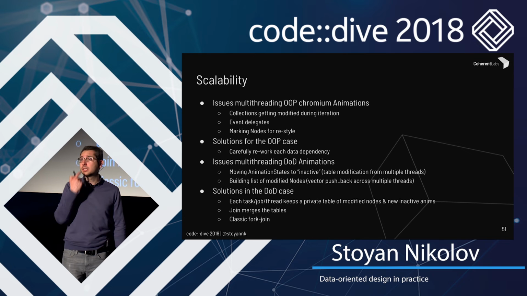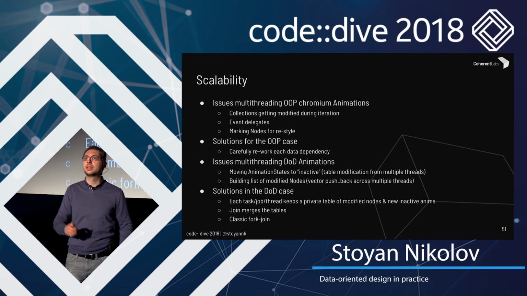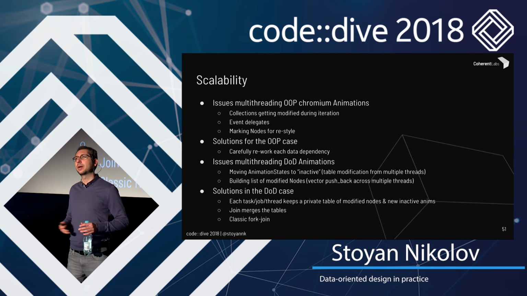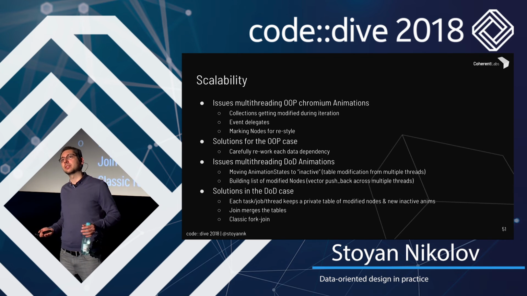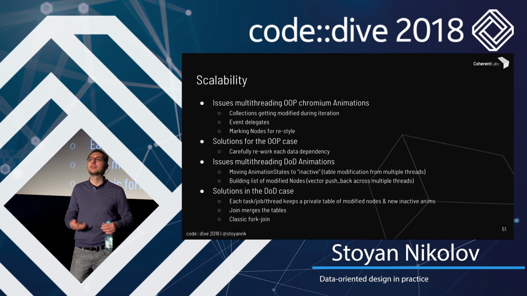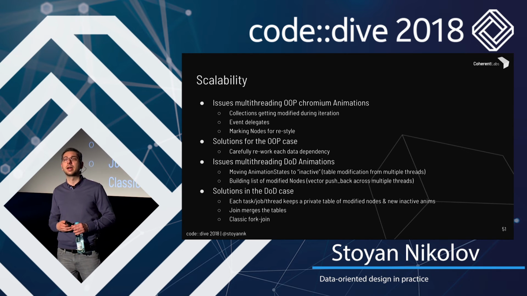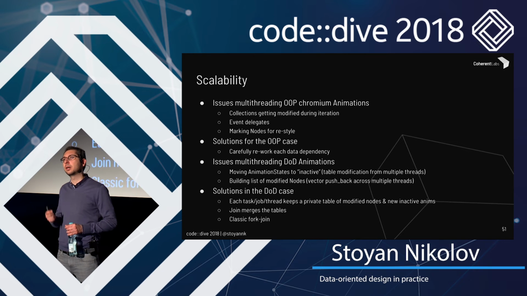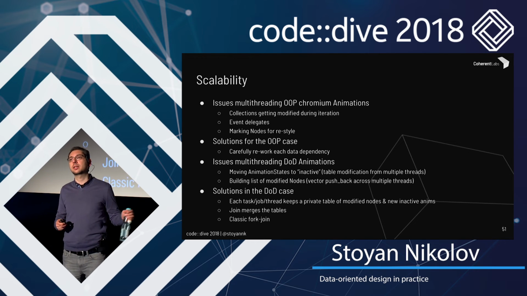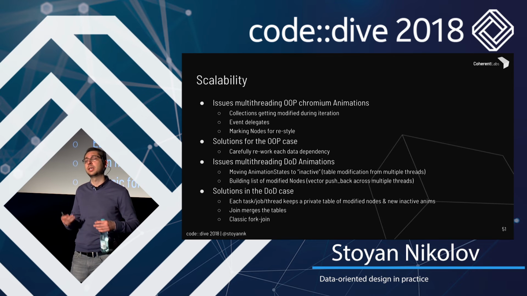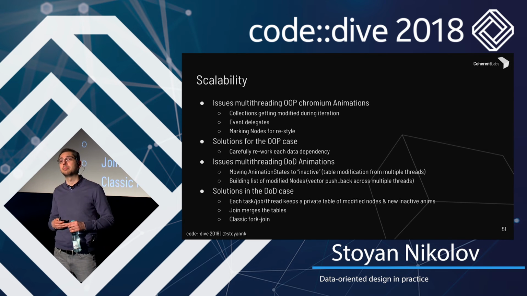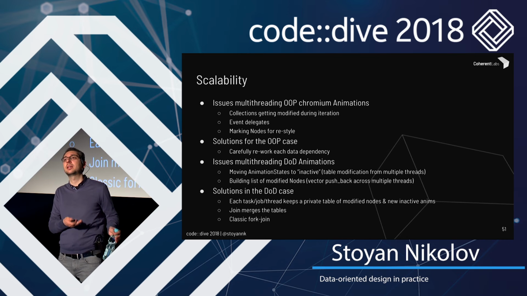Well, in the object-oriented case, it would be somewhat difficult. We saw that there is a lot of coupling between the systems. So as I'm calling some methods, I have to check if they are thread safe. I have to make them thread safe if they are not. And I have to take care of a lot of data race conditions that might arise. There is also a bit of a problem with scheduling. We noted that some animations had that if not timeline return, so they won't be doing anything. And we would like our cores to be roughly equally busy, so that none of them is waiting and doing nothing.